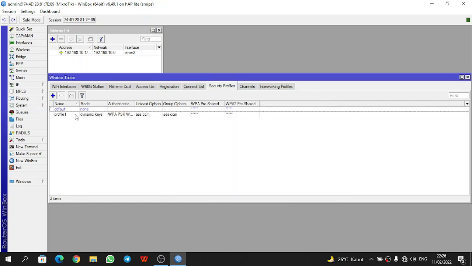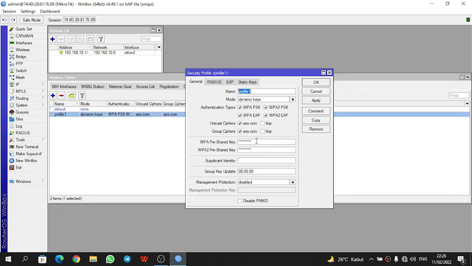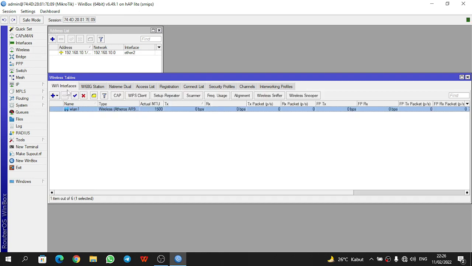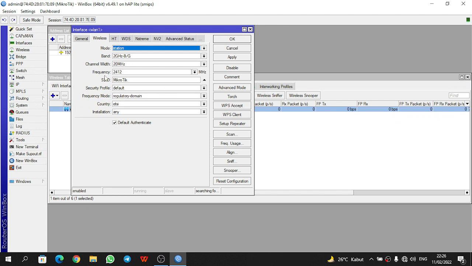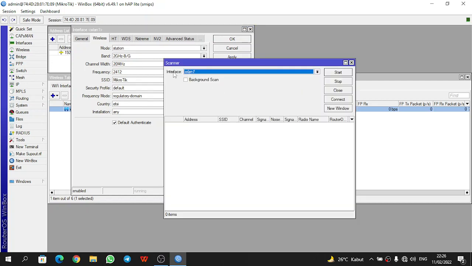This password is the router's password. Then select the Wi-Fi interface, double click WLAN 1, scan, and select the interface WLAN 1, then click connect. Sorry, we start again because of a mistake.